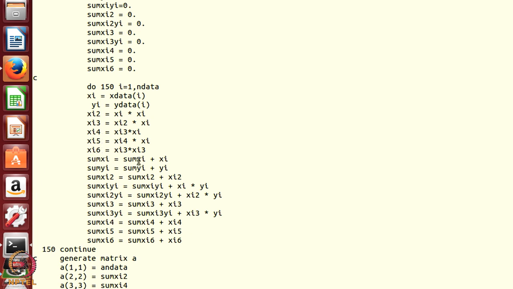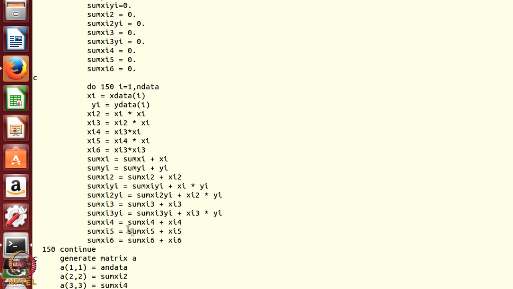Then sum xi is sum xi plus xi, sum yi is sum yi plus yi, sum xi 2 is sum xi 2 plus xi 2, and exactly so sum xi 6 is sum xi 6 plus xi 6. So, this sums all the 6th powers of that xi.